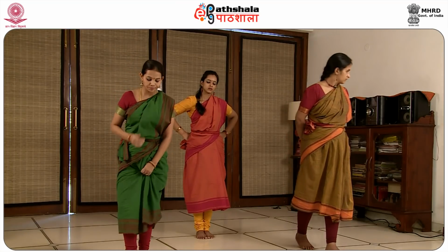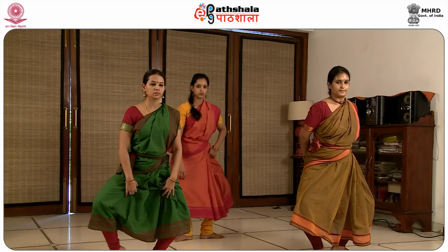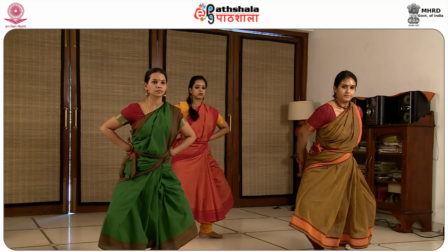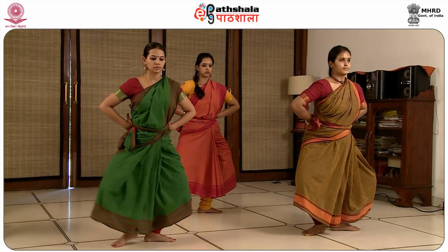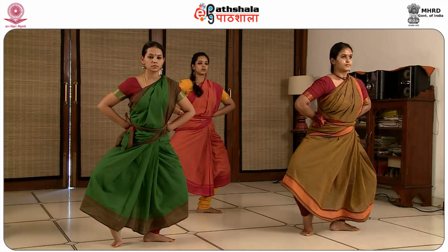So we come to Aramandi and do the toe exercise. This is very, very important, to see that the arch is kept, because without an arch you are actually getting very tired. Though you can't create an arch later in life, you need to work at it early, but still